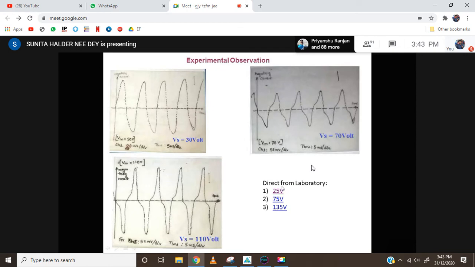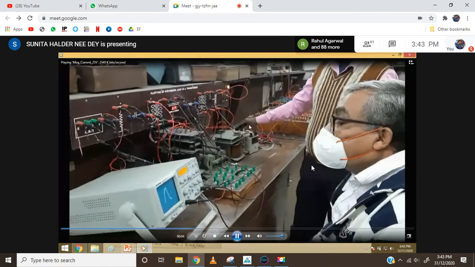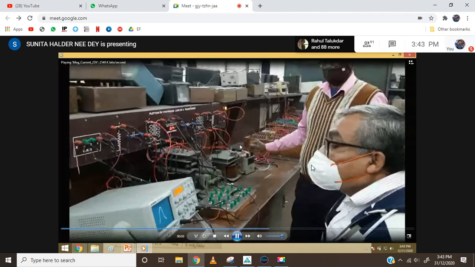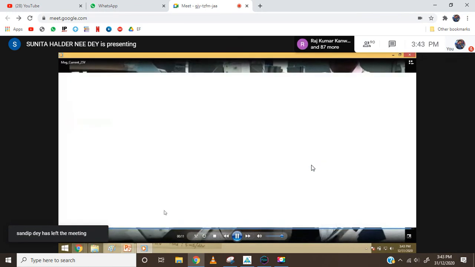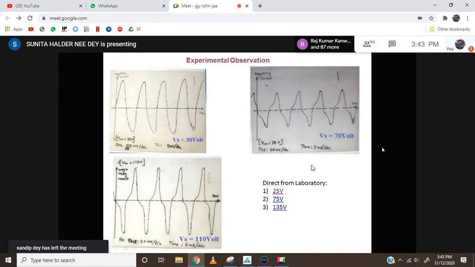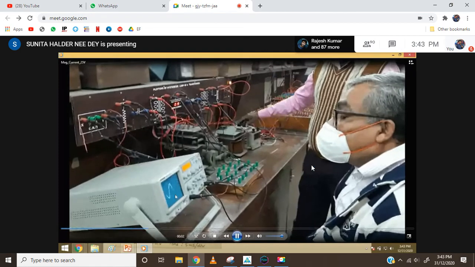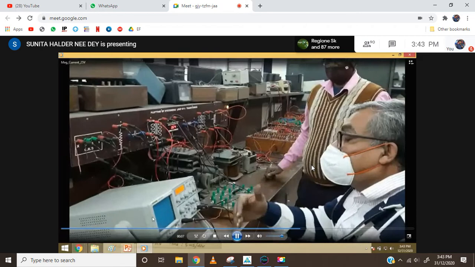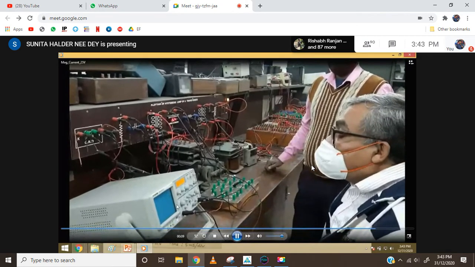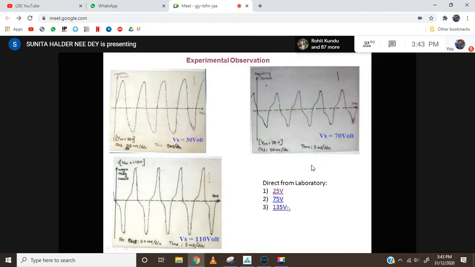Now, if we see from the laboratory, it is like this. It is simply this one. So we just adjust the variac from here. This has been done for 25 volt, 24 volt, and you can see the observation is almost linear. So I have shown you 11 volt theoretically from the report, and 24 volt from the lab. Have you understood that?